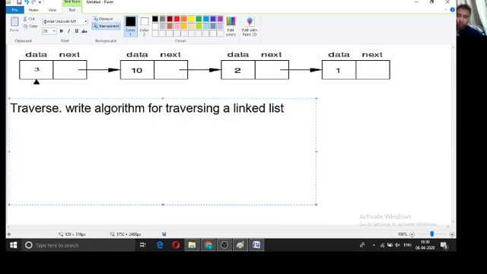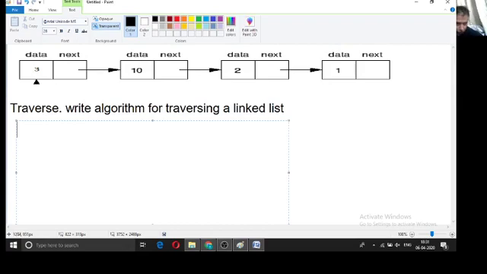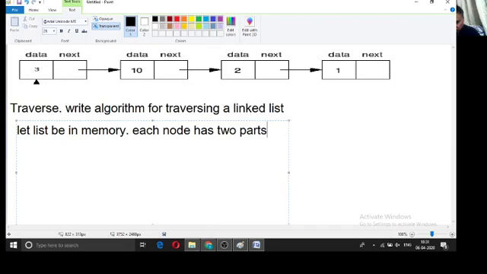So when we want to traverse the linked list, the first thing is we have to follow the notation that: let LIST be in memory. Each node has two parts. One is, say I write here, the info part. I'm not writing data or info, you can write data also, no problem, whichever. Data part and